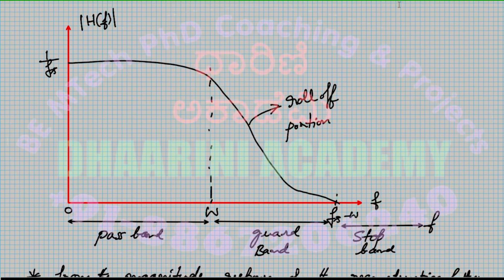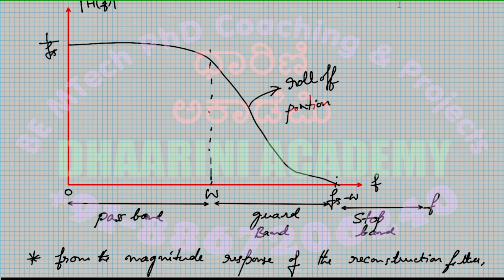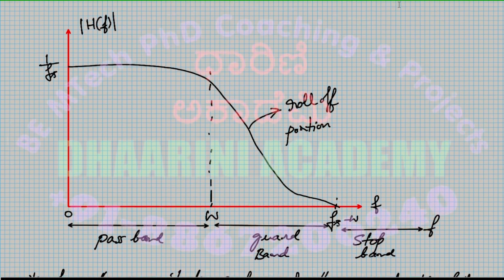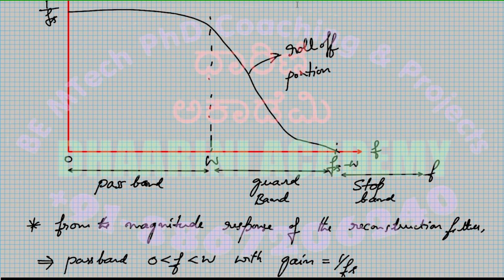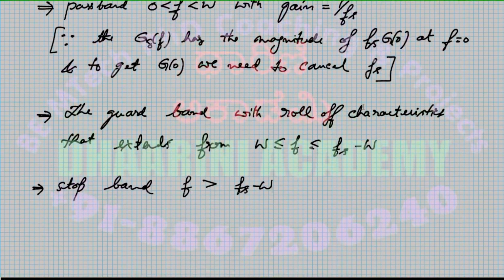And on the other side, the reconstruction filter can be designed in this way. So you get a guard band in the middle. Because of that, on the other side, whenever somebody wants to hear what has been sent, they can use a filter like this. So using the sampling rate, you decide what is Fs, take 1 by Fs as an amplitude of that particular filter, which you design on the other side to get back your original signal, so that whoever is present on the other side can hear it. Okay, so that's the actual practical use of what we have